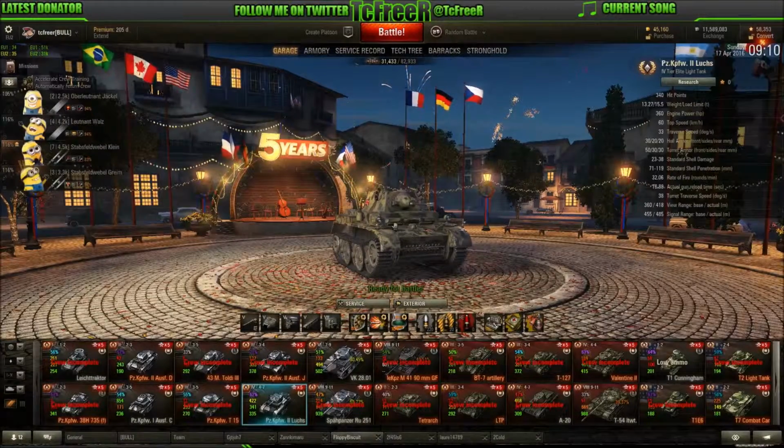So let's have a look at this, and then what I'll do is go up each tier and pick what I think is my personal standout tank for that tier and tell you about my crew and equip. So at tier 4, your crew skills,